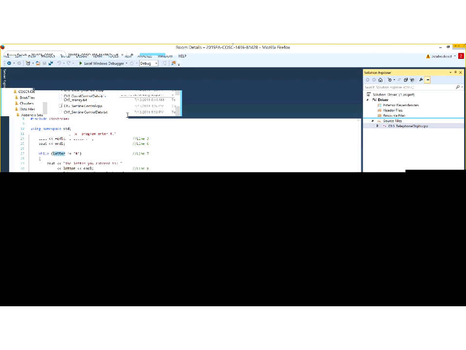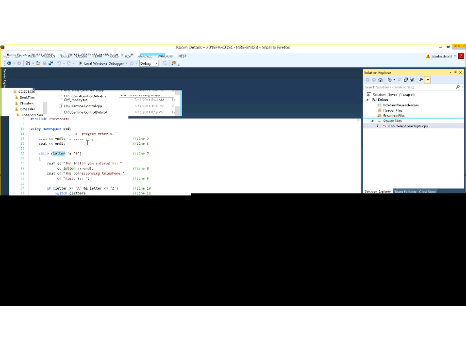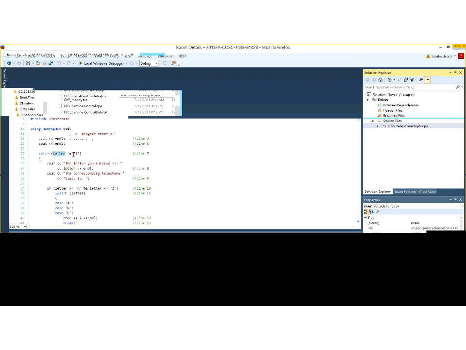Well, we're comparing the letter. So you've declared the letter, and now you are reading in a letter from a user. So you don't know what kind of letter the user is going to type in. But if it's anything else but a hash mark, then the loop will execute,